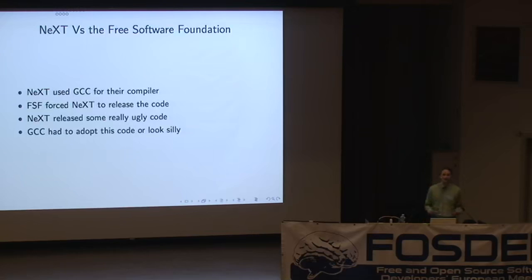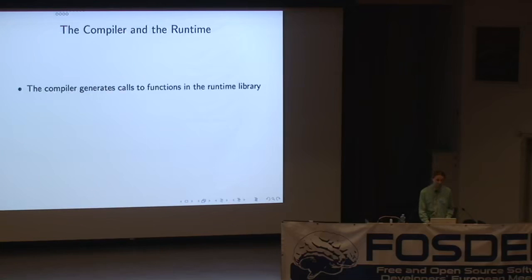So you look at this code, and it's one single file, which is about 1,500 lines long, with no separation of concerns, and it's completely unreadable. And if NeXT had approached the Free Software Foundation and said, hey, we've written this new front end for Objective-C, they'd have said, no thanks, it's fine, you keep it. But because they tried to keep it private, the Free Software Foundation then did incorporate it.